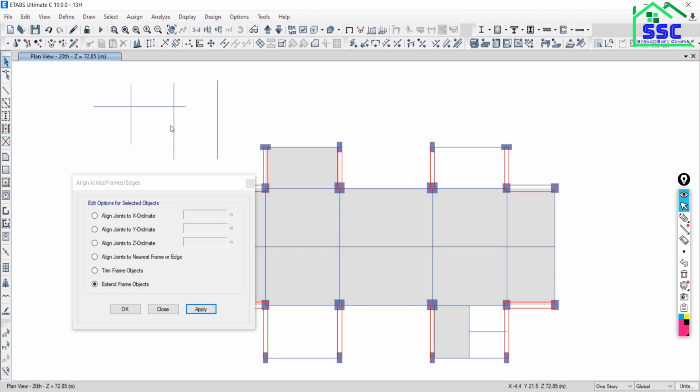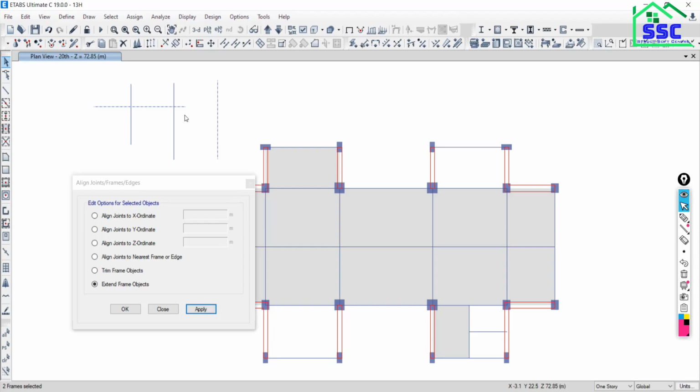Why? What is actually the reason? So the thing is that first select the frame. My voice is clear? So first select the frame up to which you want to extend and then select the frame which you want to extend. Now for ETABS, the problem is that ETABS has trouble finding from which point you want to extend. Two joints are there, this joint and this joint, and ETABS also doesn't know whether this frame has to extend or this frame has to extend. Are you getting my point?